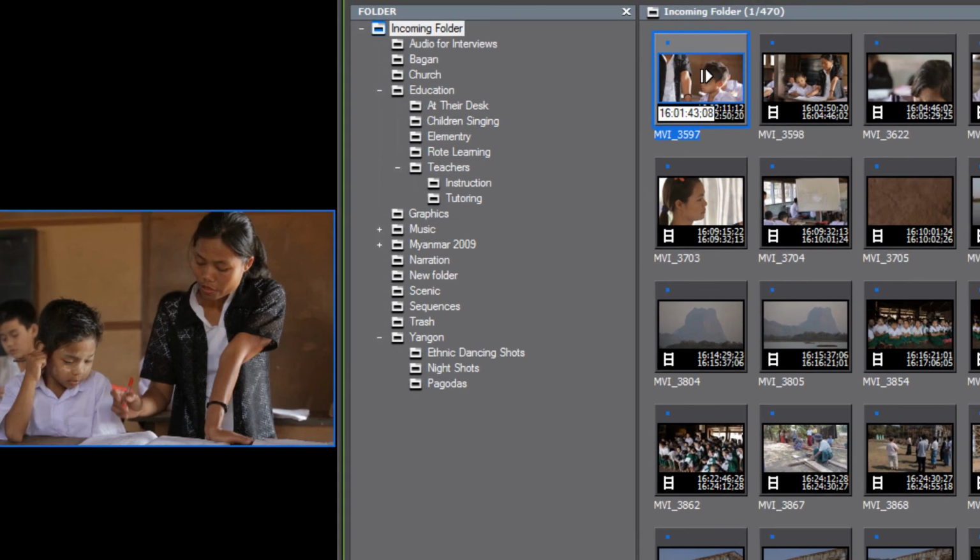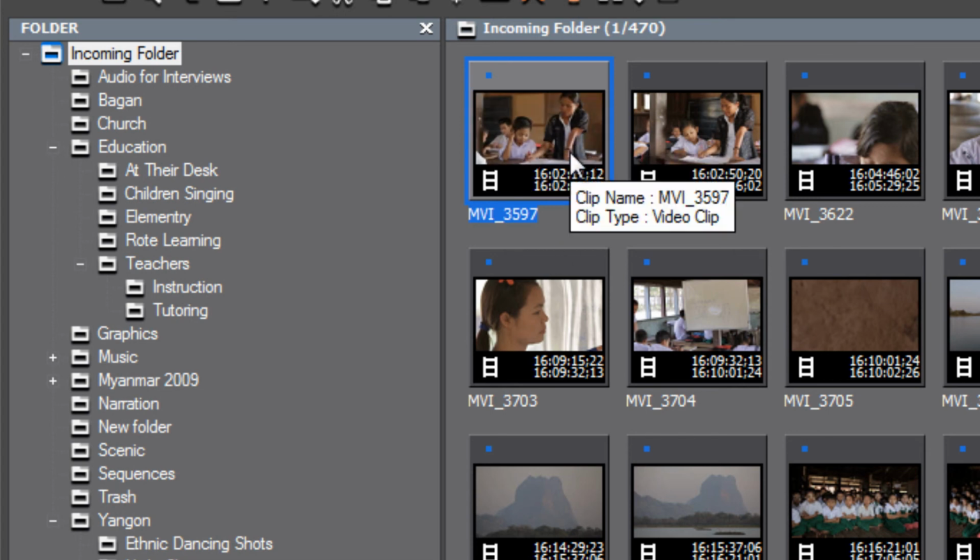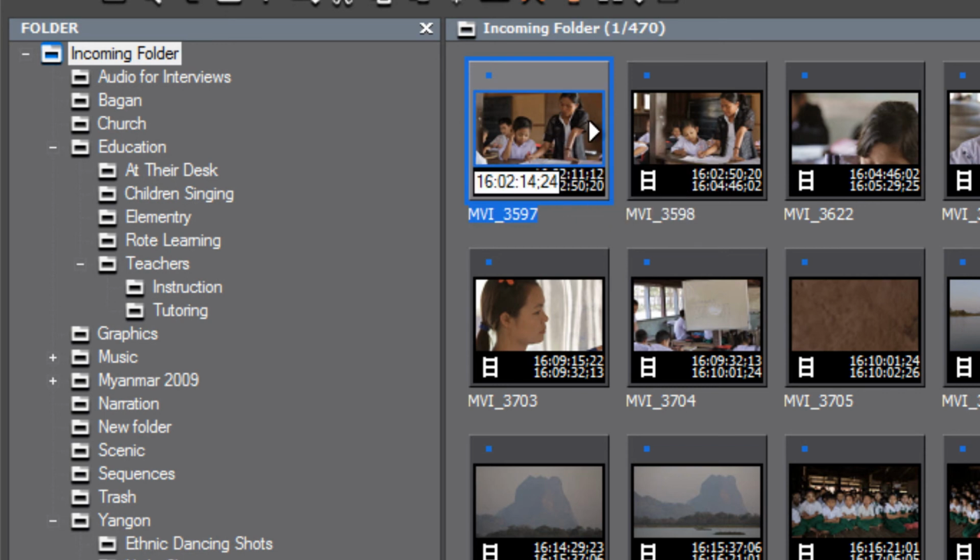You'll see a little arrow shows up pointing in one direction. As you scroll your mouse or slide your mouse to the right, you'll see that you can actually play the video. And once you get it to a point that better represents the shot that you think you might be able to use, well, then you can just let your mouse off, and that will now become the frame that represents the shot. If you go too far,